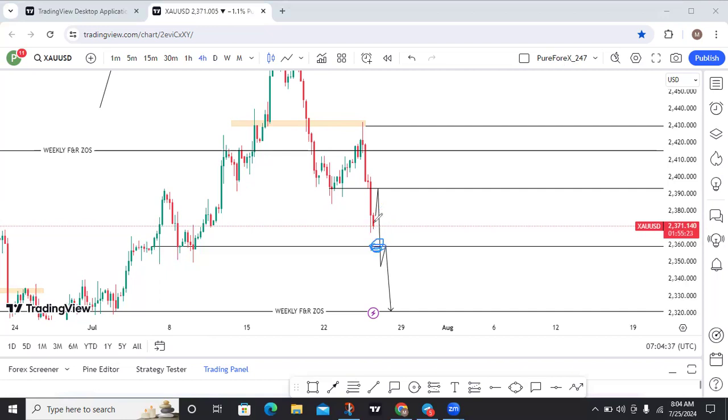So right now, I'm waiting for the retracement. The retracement can occur here. But this retracement is not good enough for you to buy, because I'm not seeing anything that can protect me if I buy this retracement from here. But if the market continues to drop and gets to this point, this is the only way you can buy the retracement.